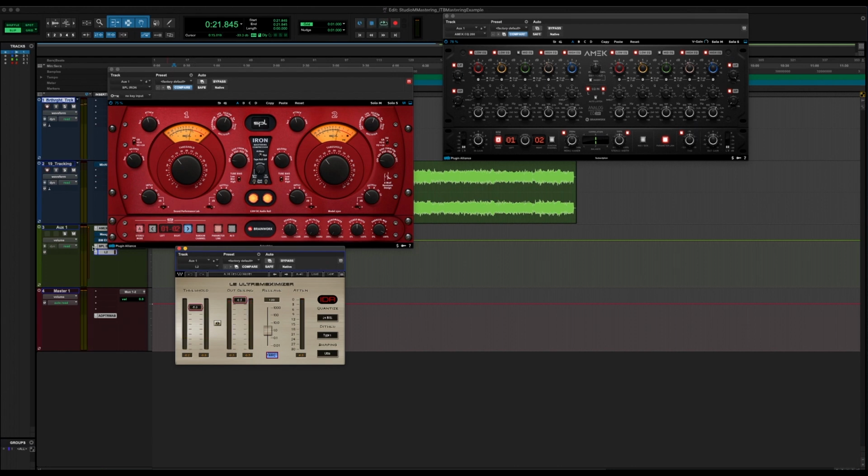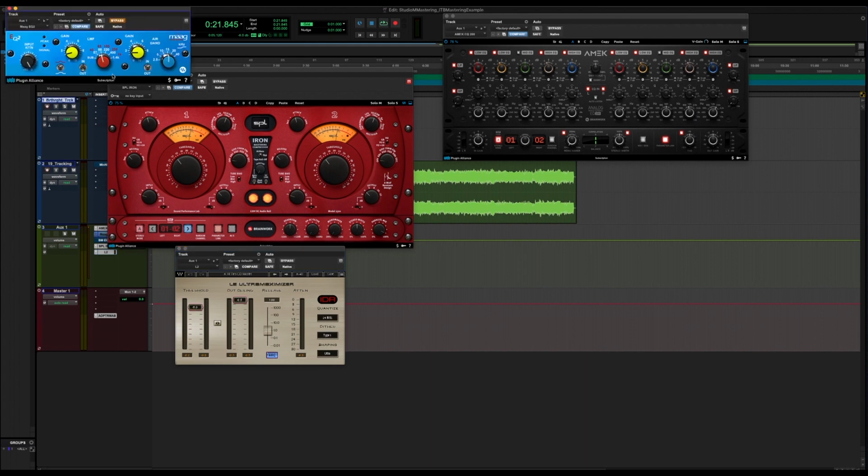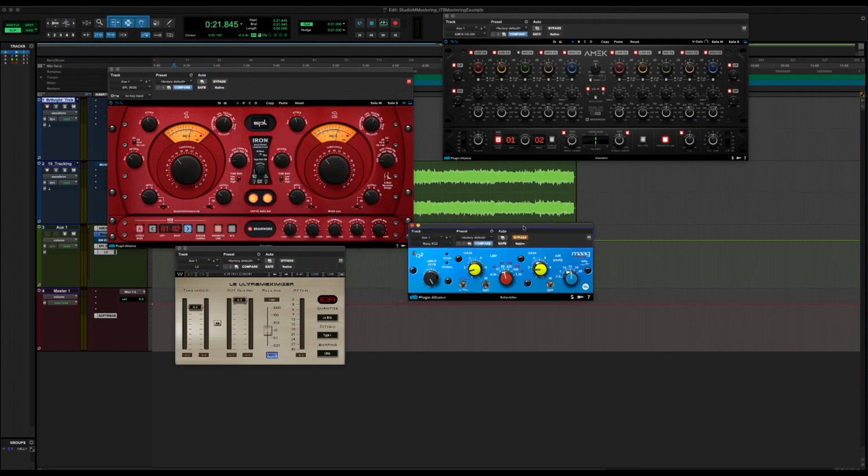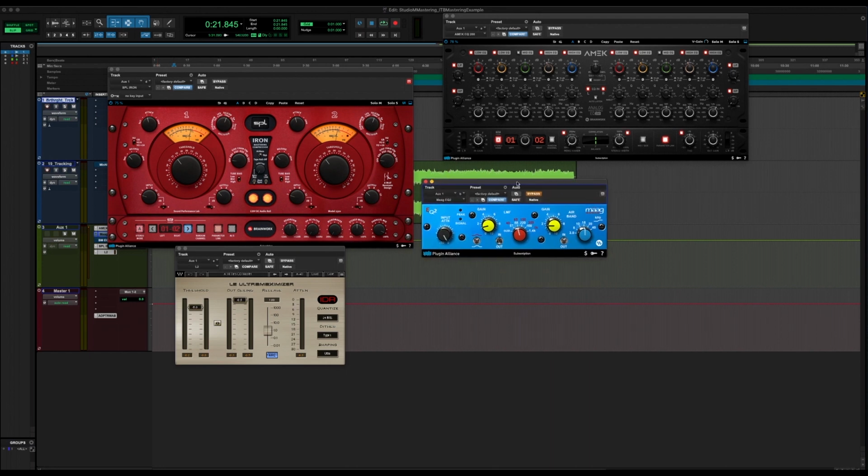All right, so that just kind of gives you the idea. It gets the volume up there a little bit. So the next thing I've got, I tend to like Pultecs, but there's something about the Moog Airband. And so with this particular EQ, I have